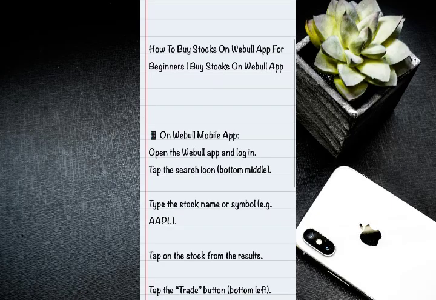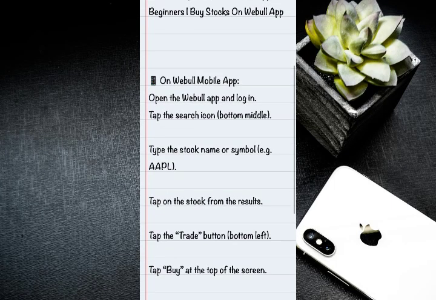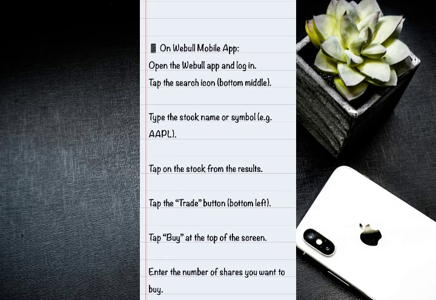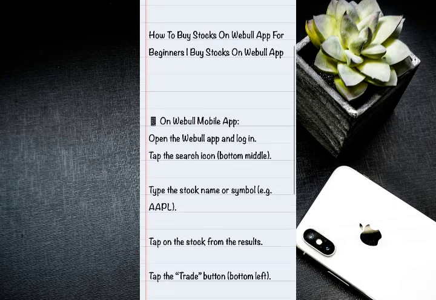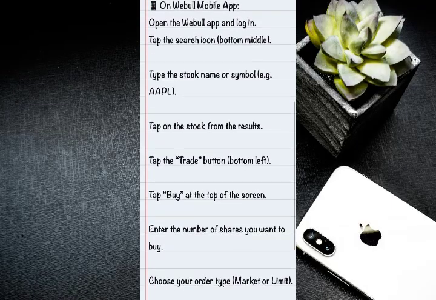So to get started with the guide, if you're on the mobile app version of Webull, open the Webull app on your mobile phone, then log into your account, then tap the search icon which is at the bottom middle, then tap the stock name or symbol which can be AAPL, then tap